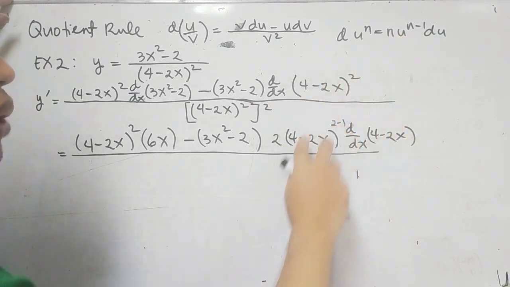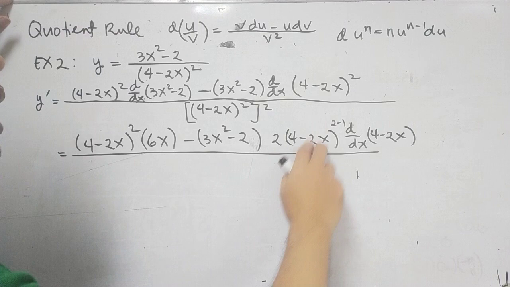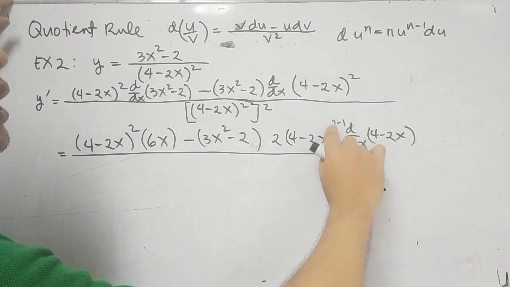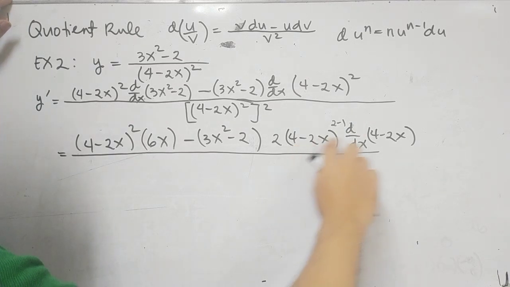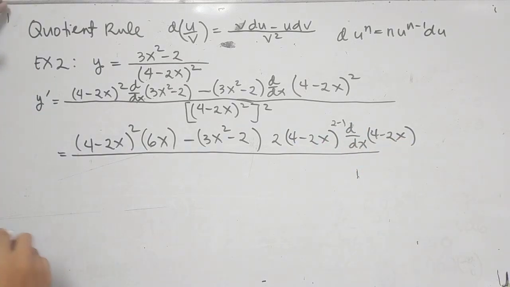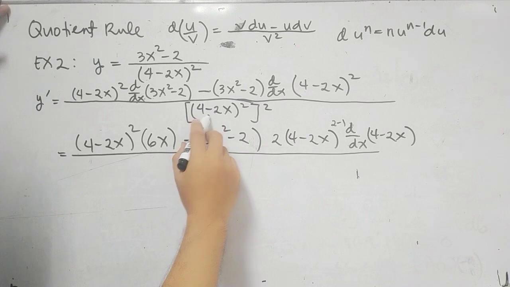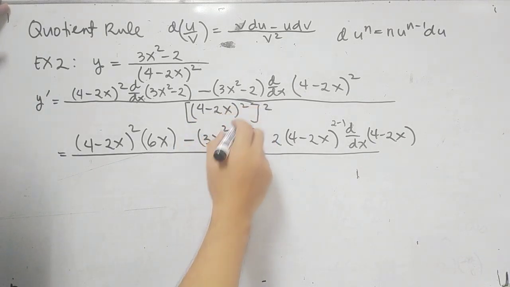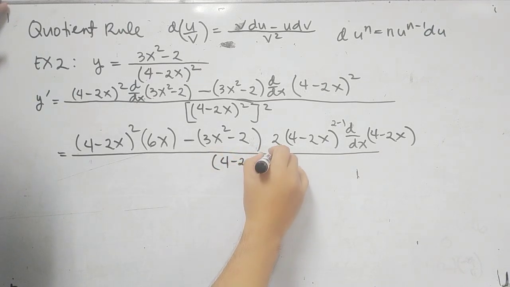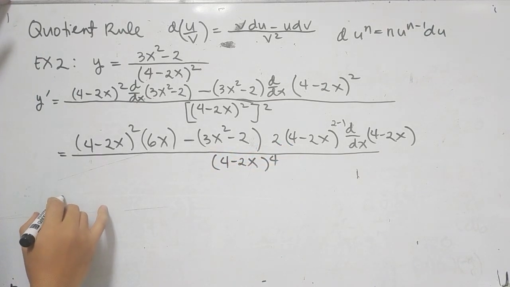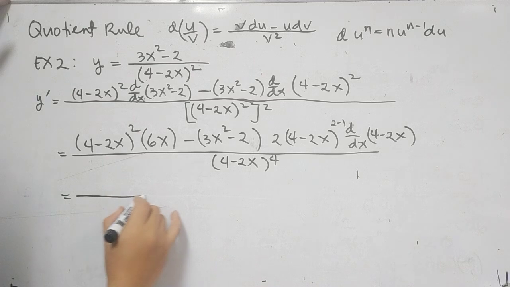This is our u, so we will write u, 4 minus 2x, and then n minus 1, that is 2 minus 1, and then du, that is the derivative of our u, which is 4 minus 2x. Divided by this one, (4 minus 2x) squared raised to 2, that becomes raised to 4. 4 minus 2x raised to 4. And then we have here,